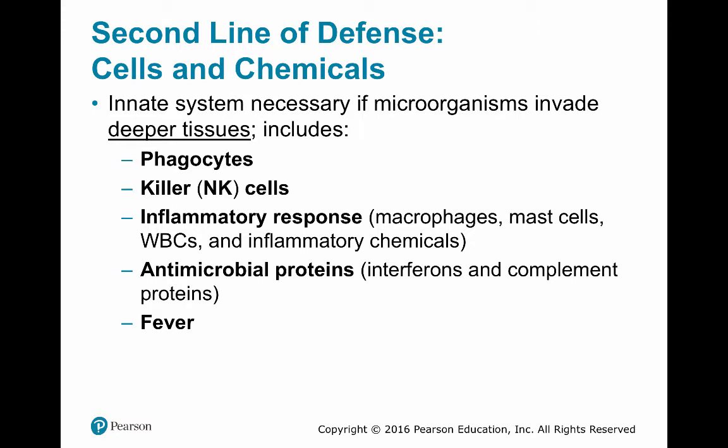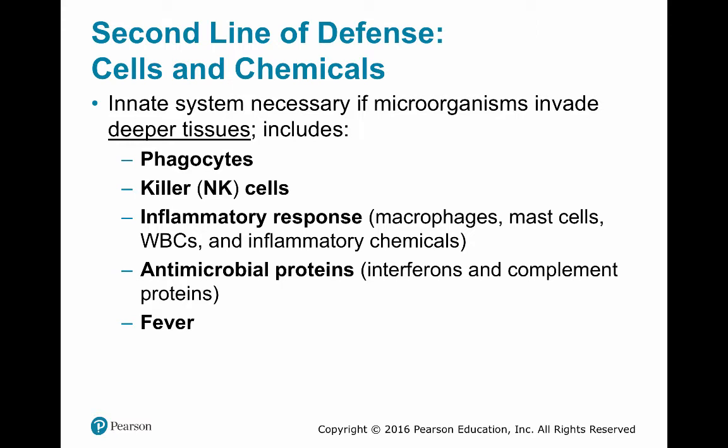Now, the second line of defense are cells and chemicals. And so basically this is still innate, or that non-specific defense system. And this is necessary if microorganisms actually invade deeper tissue. So what happens if the skin or the surface barrier is compromised? And so we're going to talk about these 5 different things: the phagocytes, the killer or NK cells, the inflammatory response,